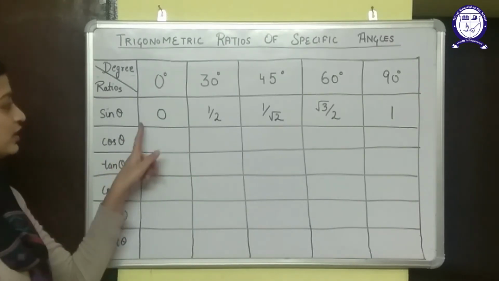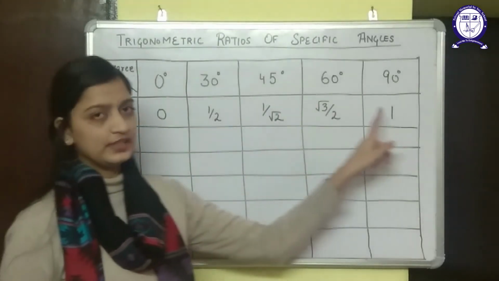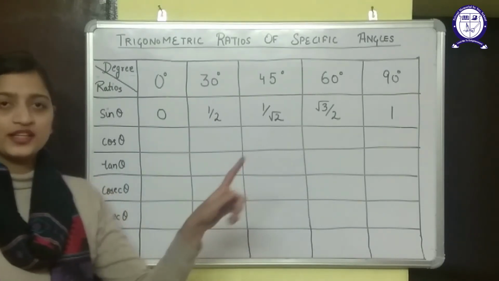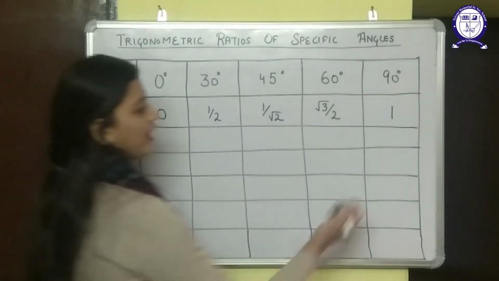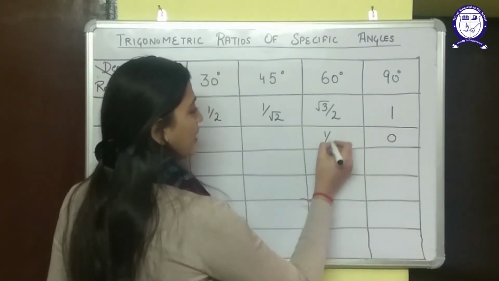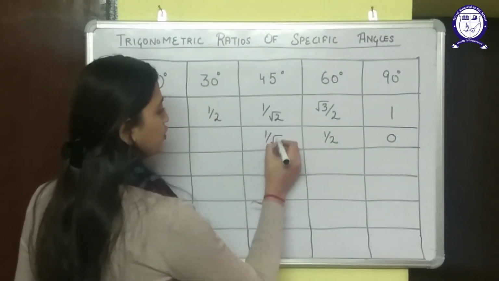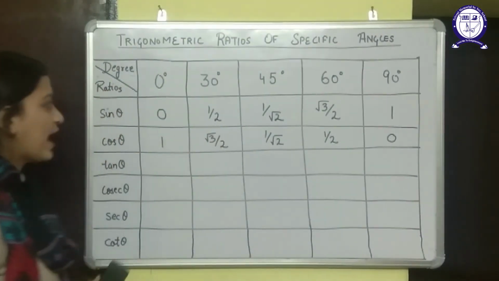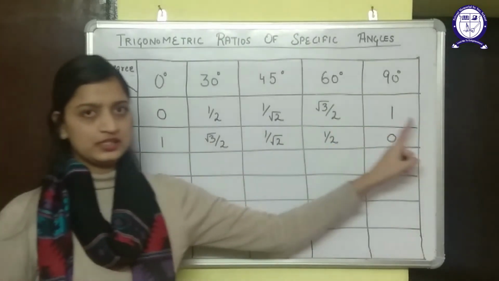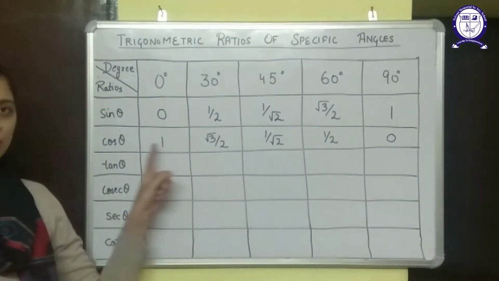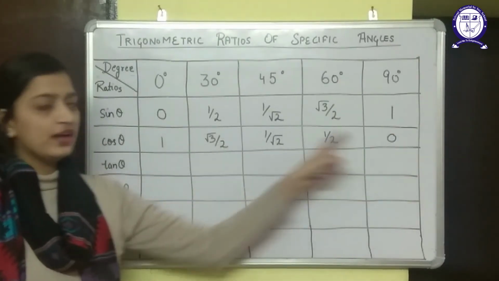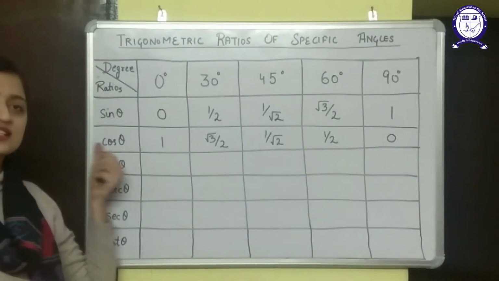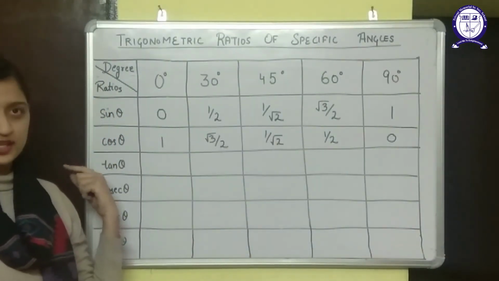How? First of all, the line of sin theta is like this. Now for cos theta, I will write the same line but in the reverse order. That means I will write root 3 upon 2 and so on, ending with 0. So if I know the line of sin theta, I can easily write the line of cos theta, because this is just the reverse of it. Sin goes like this, and for cos I write the same line in the opposite direction.